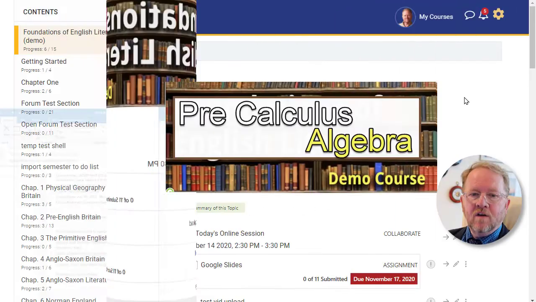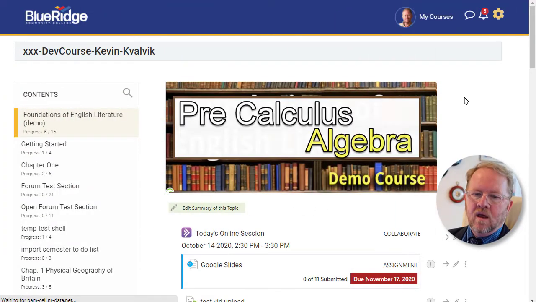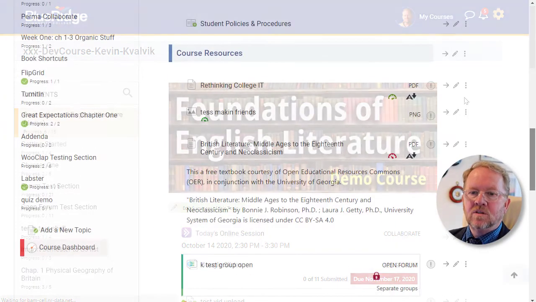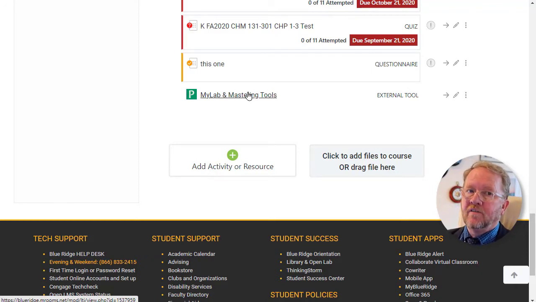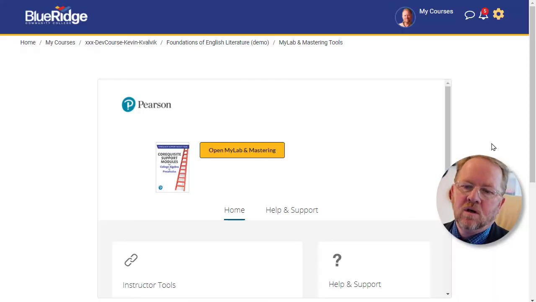Keep up with that. If I come back to the course itself, and down here you see there it is, it's set up, and that'll begin syncing it automatically with this course. But you can't go to the Pearson side and do this. You can only do this through My Courses after you have that initially set up. So I'm going to go ahead and select that, and this now is linking my Pearson account with this tool,